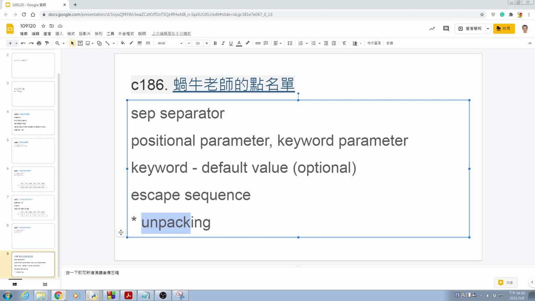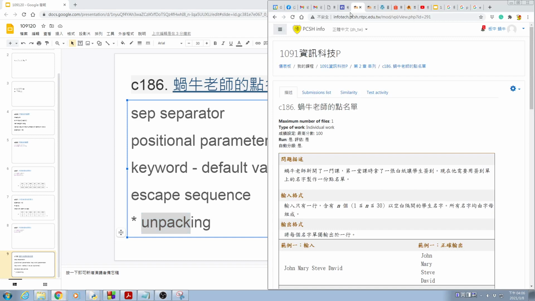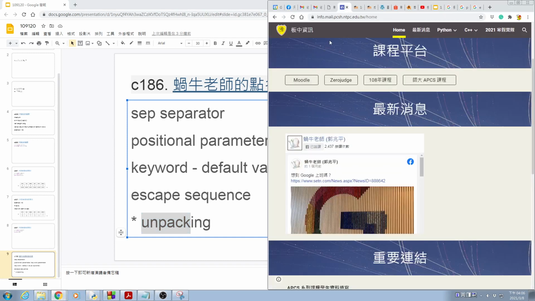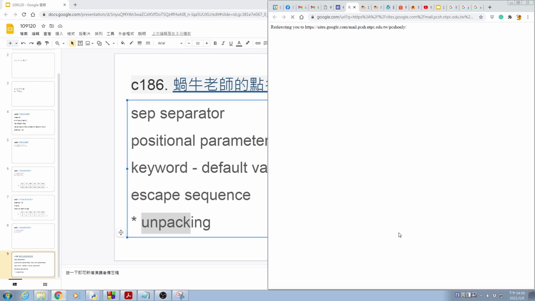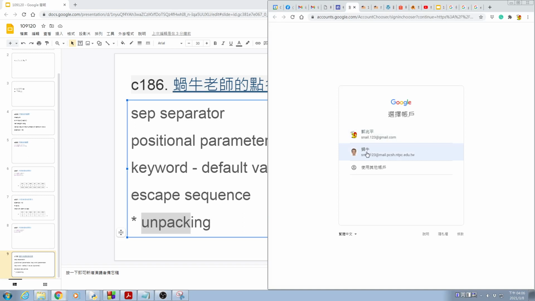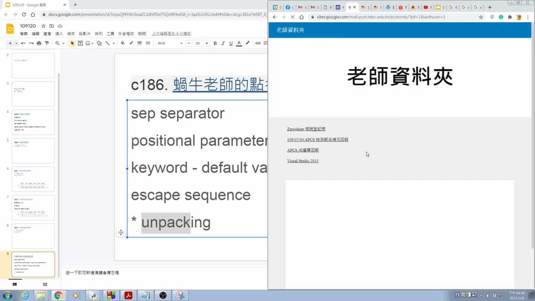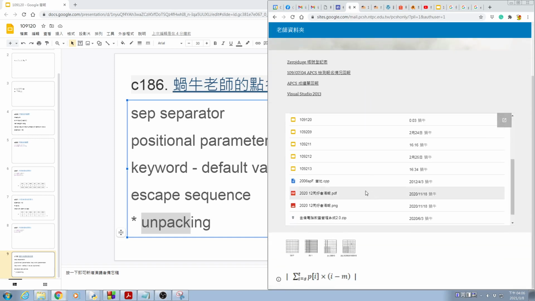And where do you get them? Let's do it here. Scroll to the bottom of this page. You will see the teachers folder right there. And then in the teachers folder, using the accounts from the school, you will be able to see